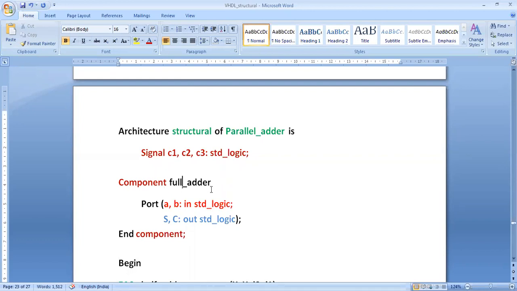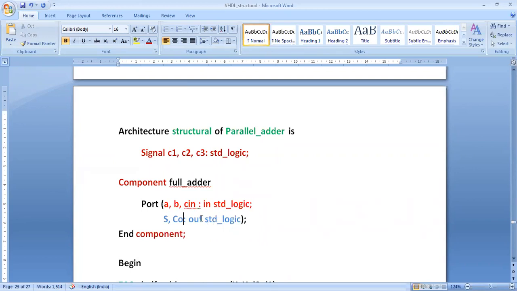సో నౌ రిమెంబర్, just remember the full adder circuit port signals. So a full adder circuit consists of 3 signals here, usually A, B, C. Let's say A, B, C in, right? 3 input signals for full adder circuits. And then 2 output signals, sum and carry out. So this is the full adder circuit entity.